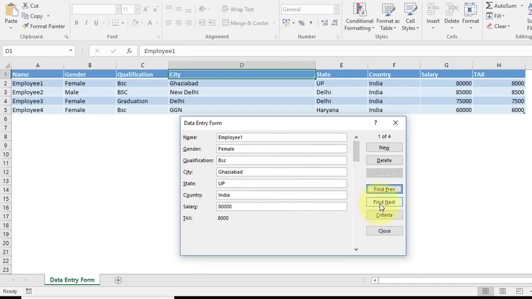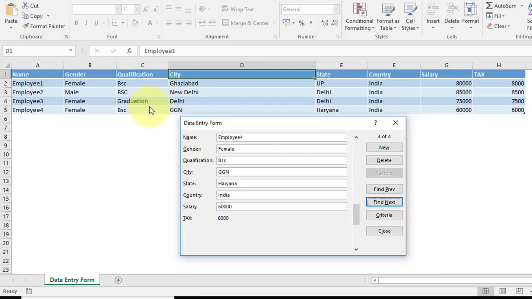If you click on Find Next, right, then it's showing employee 2 because the qualification is also BSc. Again you click on Find Next, then it's showing employee 4. So it has ignored the employee 3 record because the qualification is graduation, right? So we have only 3 records where